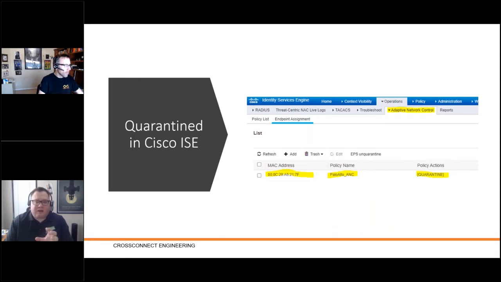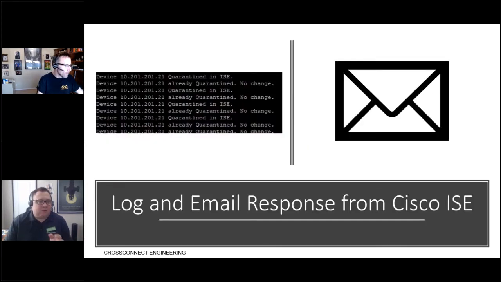And we'll show you more in the demo about how we have an exception policy in the policy set that matches that quarantine policy and is going to deliver some downloadable ACLs to block all traffic to the host. All right, finally, you obviously want to log. In our demo, we're logging, but you'd also